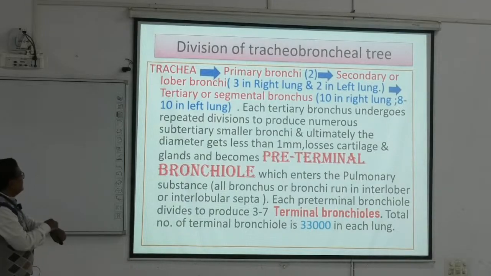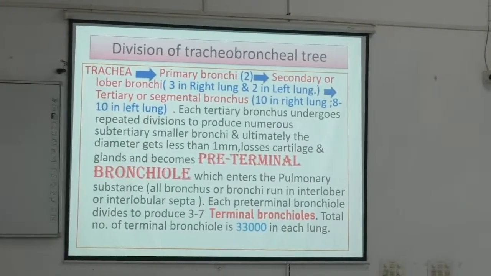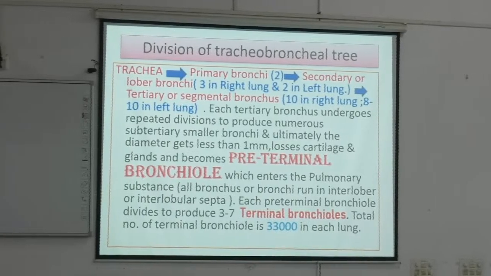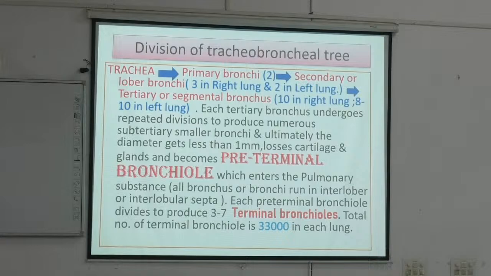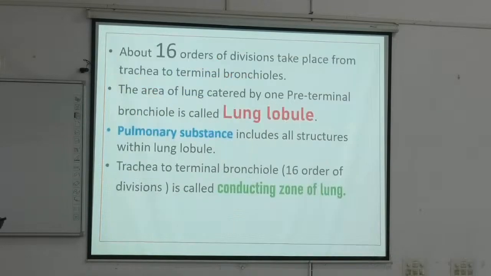ট্র্যাকিয়া, প্রাইমারি ব্রঙ্কাই, সেকেন্ডারি লোয়ার ব্রঙ্কাই, each tertiary bronchus undergoes repeated division to produce numerous sub-tertiary smaller bronchi. Ultimately, the diameter gets less than 1 millimeter, loses cartilage and glands and becomes pre-terminal bronchiole, which enters the pulmonary substance, and terminal bronchiole, এটাই ছেড়ে দাও, অত ডিটেলস নয়, ওই টার্মিনাল ব্রঙ্কিওল বলেছি ওটাই জানো। About 16th order of division takes place from trachea to terminal bronchioles, ও 16টা ডিভিশন হয়। The area of lung catered by one pre-terminal bronchiole is called lung lobule, অত জানার দরকার নেই, ওইসব ছেড়ে দাও।